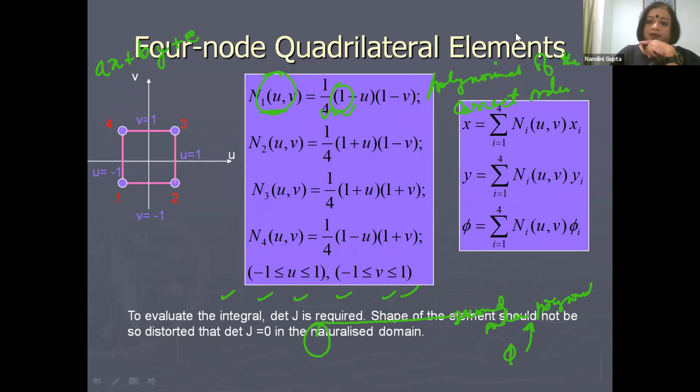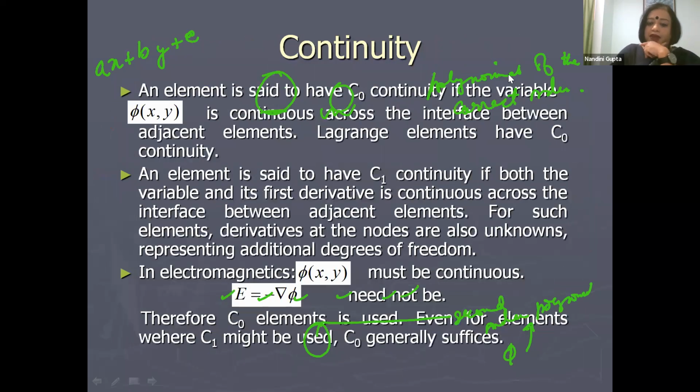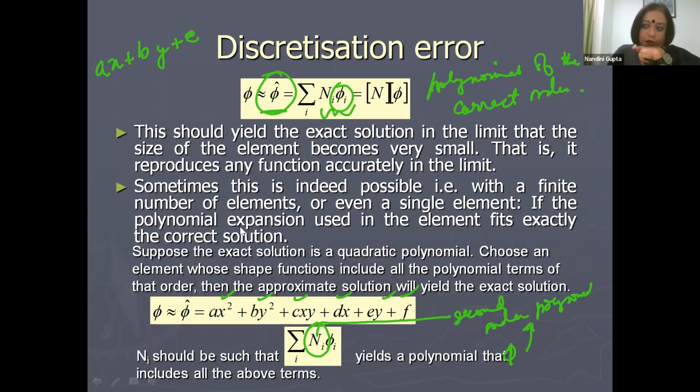So do you understand the point I'm making? The point that I'm making is this, that if I want to choose a second order interpolation function, I have to choose my shape functions accordingly. So the shape functions determine